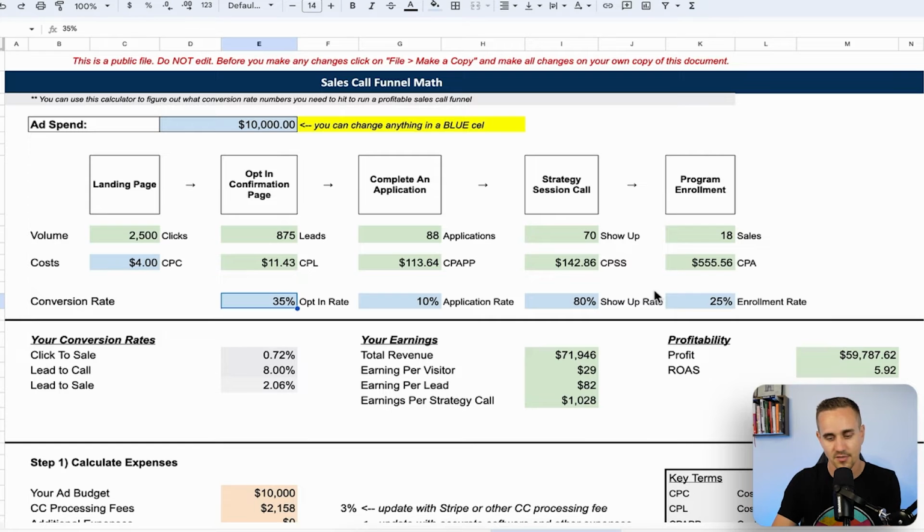That's not bad. Let's assume I've got like a 25% opt-in rate. 10% of those people go to actually apply for us. Let's say we have a 65% show up rate, because between cancellations and show ups, that happens. And then let's say I've got a 25% enrollment rate. So out of all the people who show up and take a live call, 25% of them, 1 in 4,